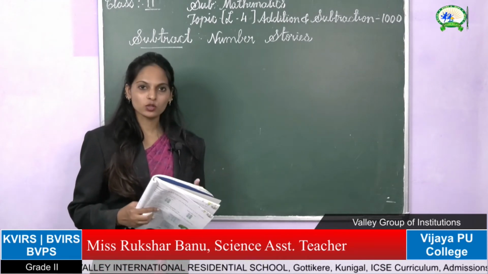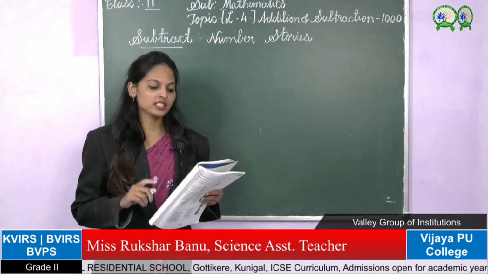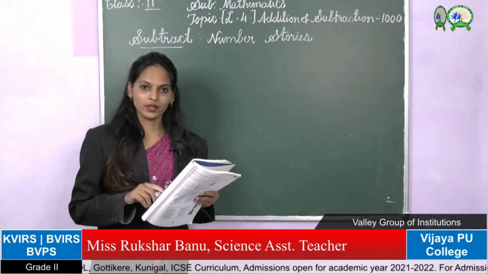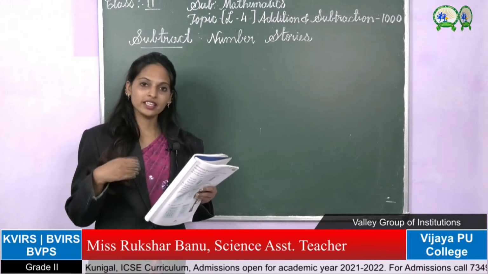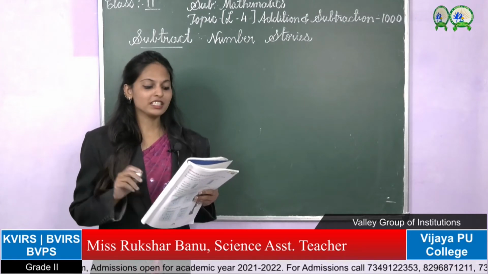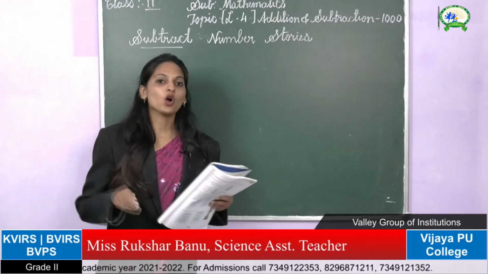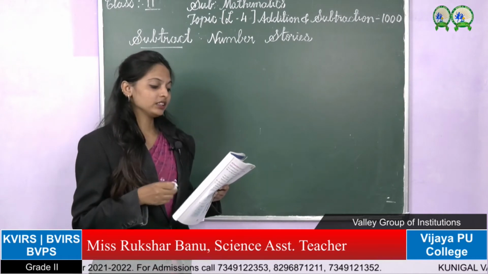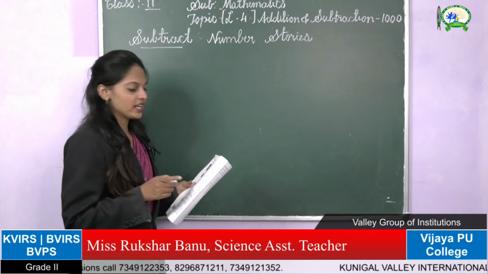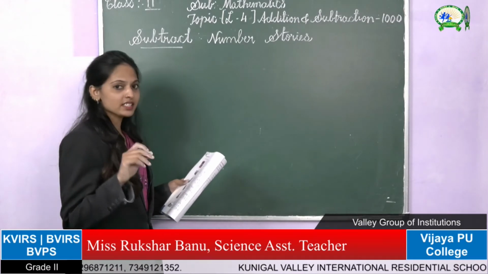Okay, now I will read the stories and everyone listen carefully. Raju is traveling to his grandmother's house 264 kilometers away. Okay, and next he has already covered 152 kilometers. So now how much more distance does he need to travel? So let's see still how much kilometer he needs to travel. Okay, so first we have to write Raju is traveling to his grandmother's house 264.